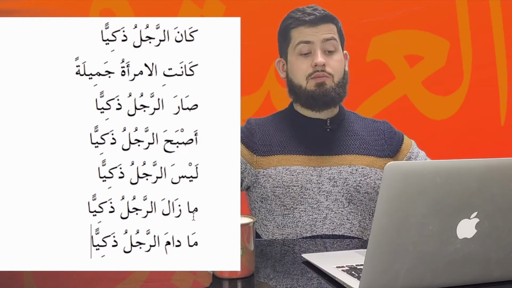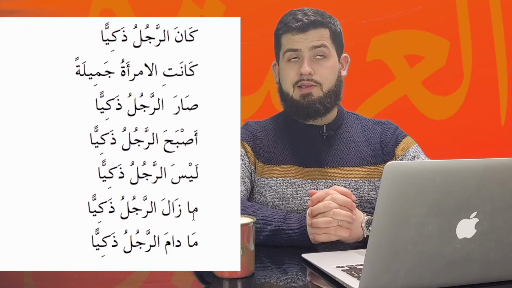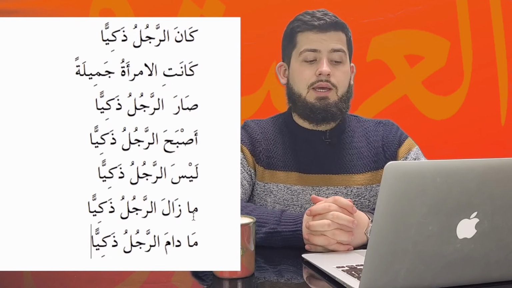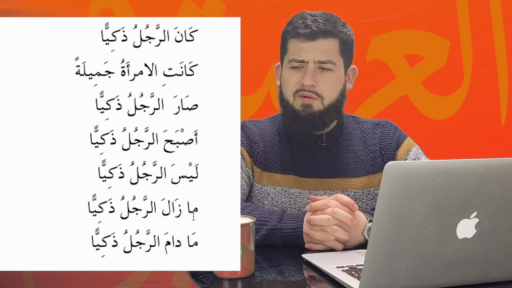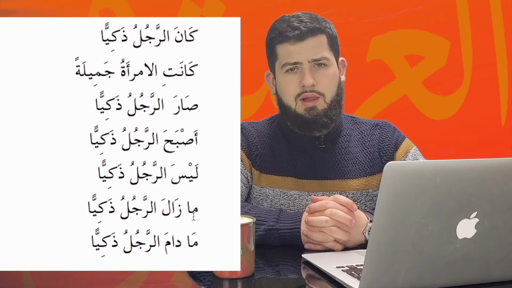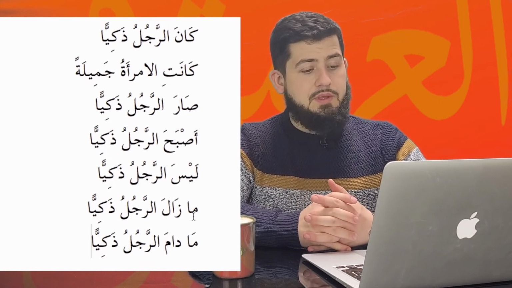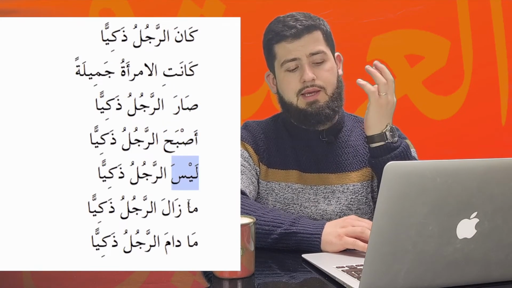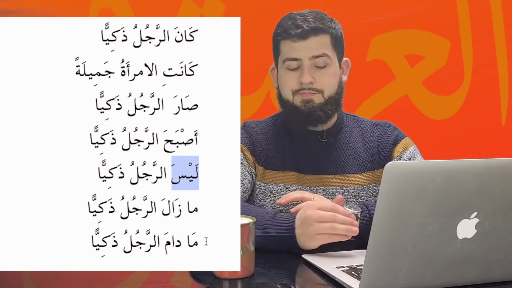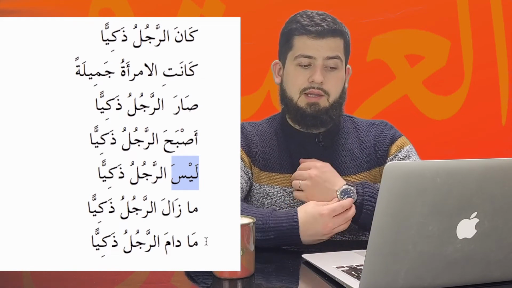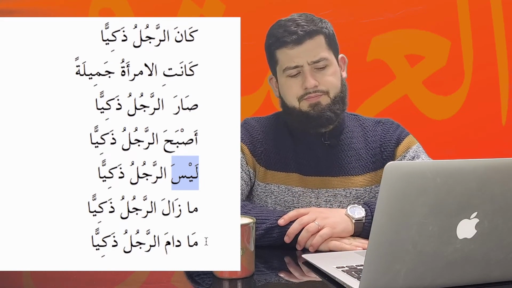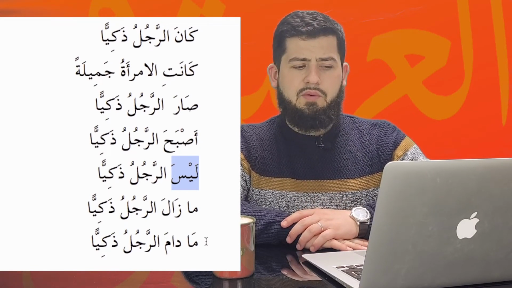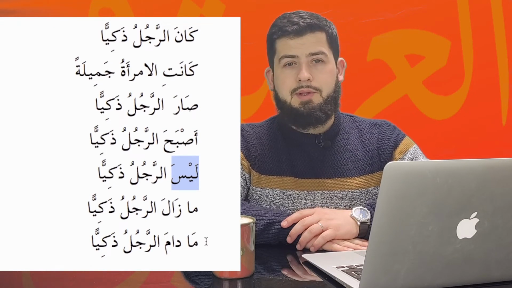So, to summarize, the important thing about this lesson is not necessarily about how Kana and her sisters work. It's to remember the sisters. That's the point. And as I say, in the actual program, in the core vocab, we maybe only go through 6 of them, but there's about 12 altogether. I think it's these 6 that we cover. So Kana, Sara, Asbaha, Laysa, Ma Zala, and Ma Dama, which are very common and really important for understanding important texts as well. But there are a lot of the others. As you look through the list and continue with your journey, very few of them are incredibly common. But it's good to know them.